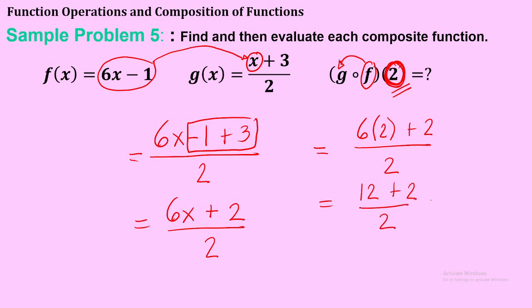Add the numerator, and that will give us 14 over 2. Which is then, when we divide, how much do we get? 7. There you go. 7 over 1 or simply 7. That is my answer for the 5th problem. Okay? Let's have